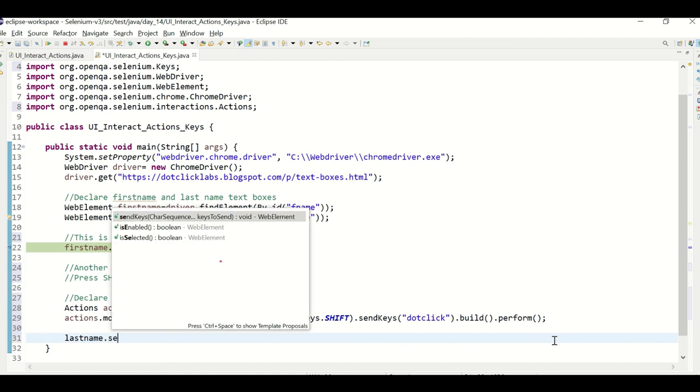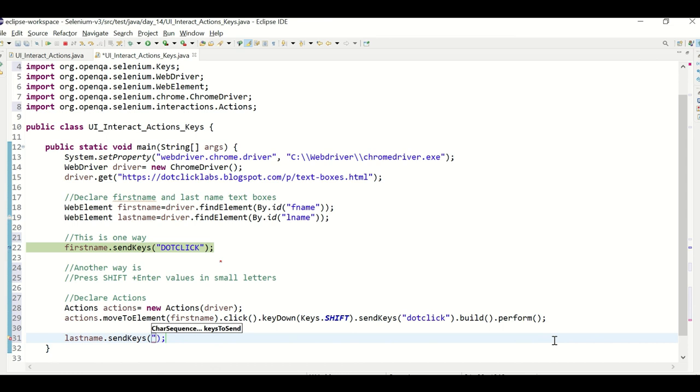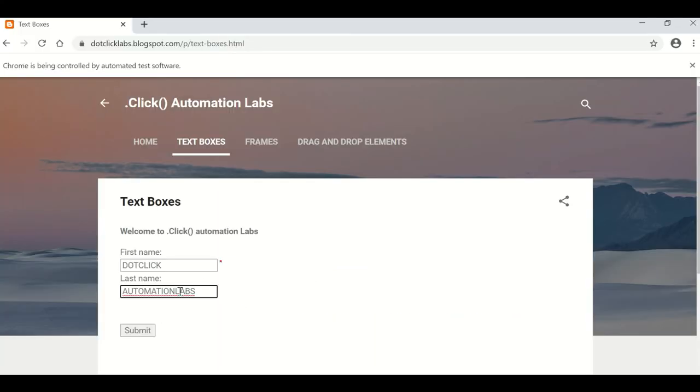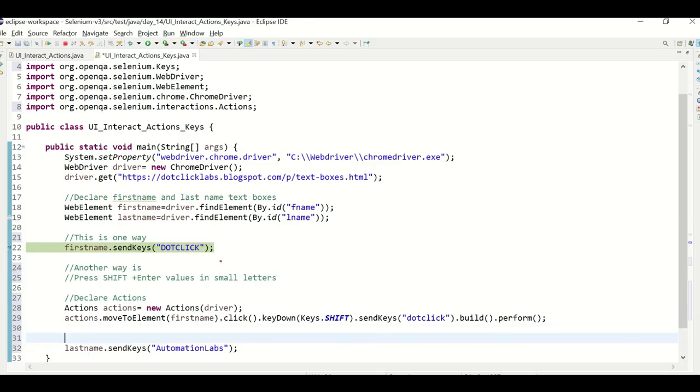So now enter the last name value, last name dot send keys dot automation. Notice this time I'm giving only small letters and I'm not pressing key down to make it caps, but still this will enter values in caps letter. So why? Because the key down is active, unless you say key up keys dot shift.